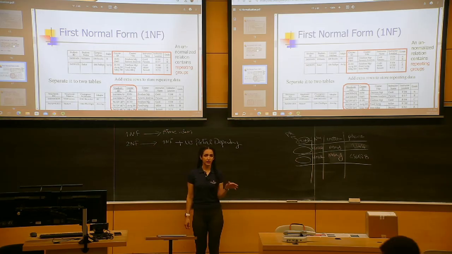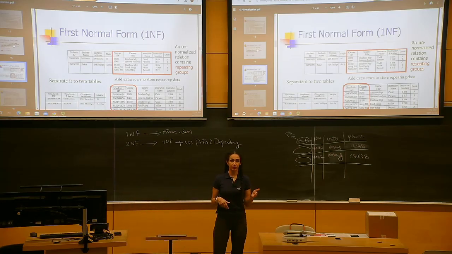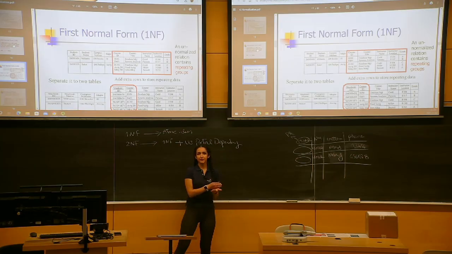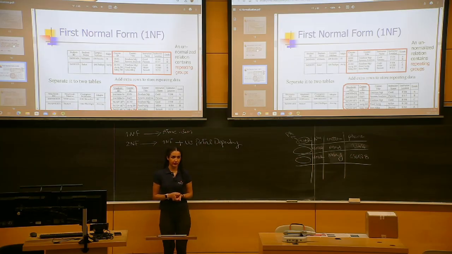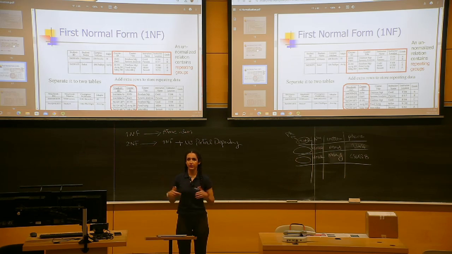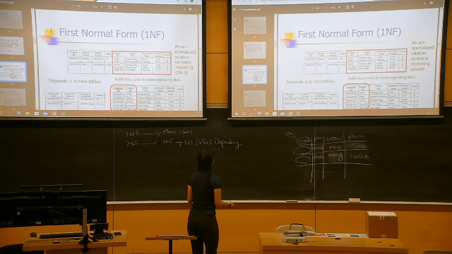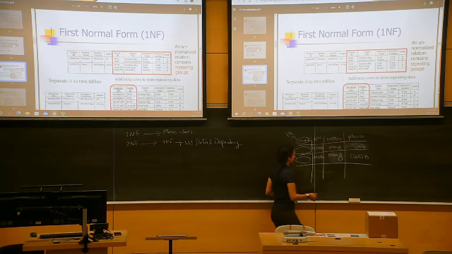So what's partial dependency? It's when you have a column or columns in your table that are partially dependent on your primary key, or they depend on only part of your primary key. Let's say you have a composite primary key. And what is a composite primary key? A primary key that includes more than one column or attribute. Sometimes in your table, none of the columns can uniquely identify a row, but together they can. For instance, if you have